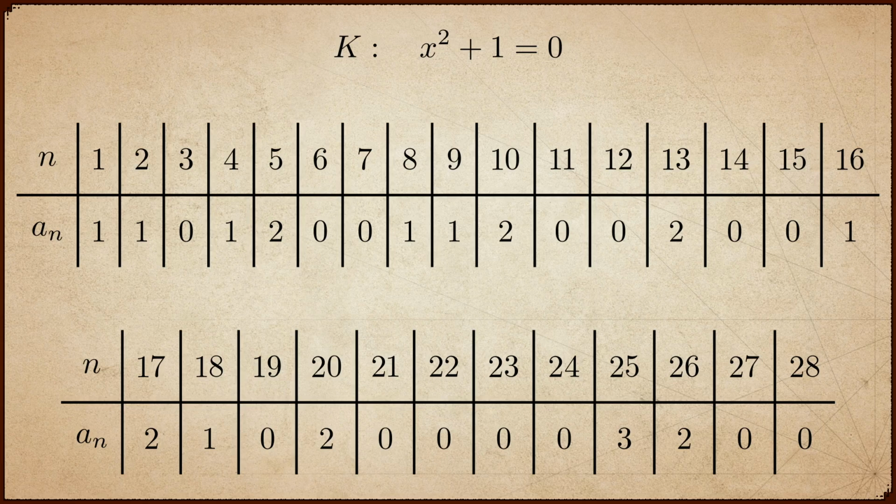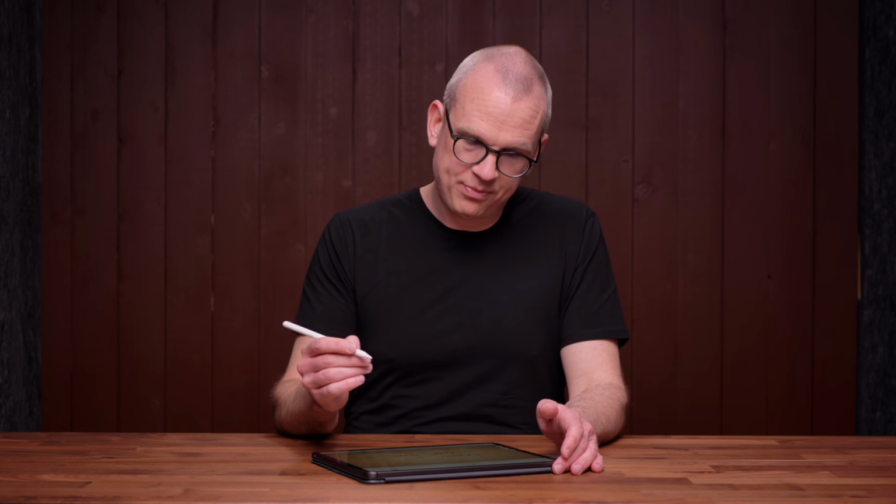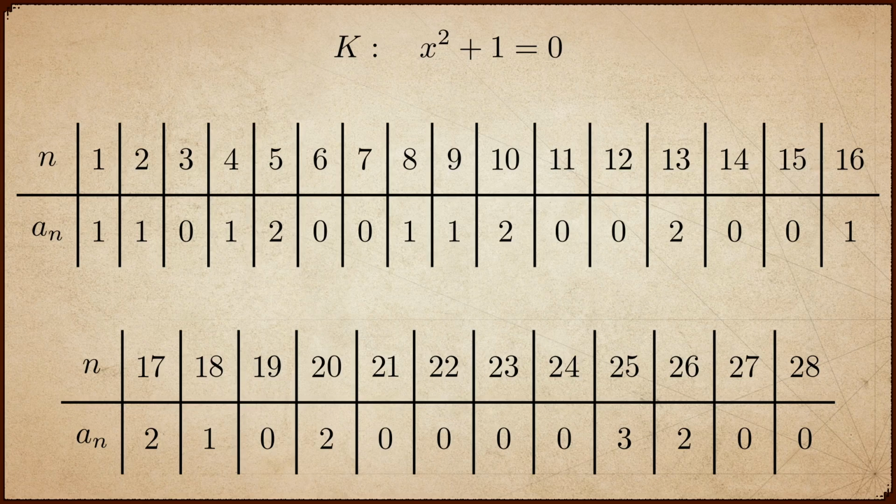Now, there are 2 major challenges. First, it's still not so easy to see how to compute the next entry or the next 10 entries of the sequence without doing the actual counting of Gaussian integers. Is there a recursion or some kind of rule that generates the next entry from the previous ones?